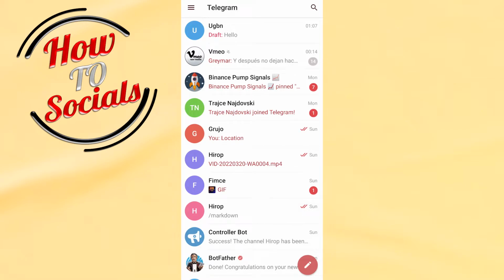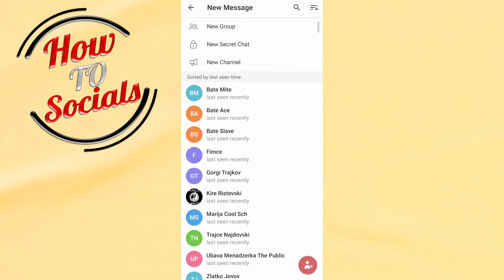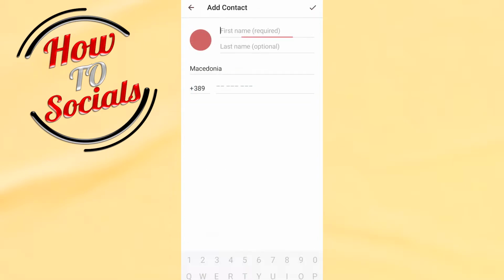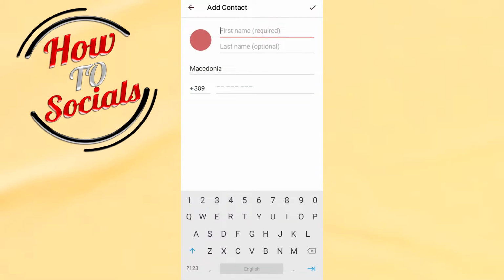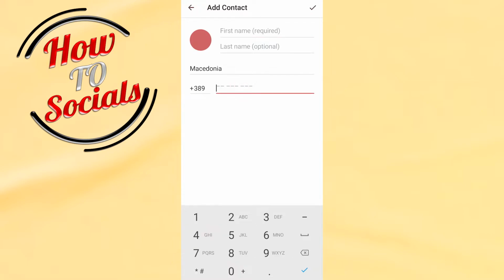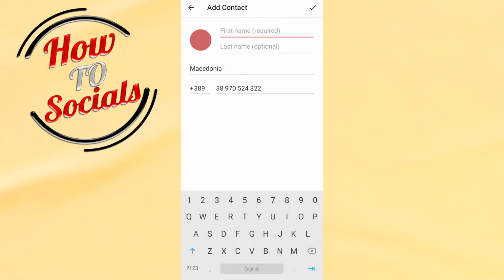As you can see, just go on the pen side, and also you need to click again on that side, which is now for adding contacts. Click on it. Here you can type his name or her name and also the last name, and then here you should add the phone number. Right after that, for example, here I go with the name, and then on the tick on your right side,